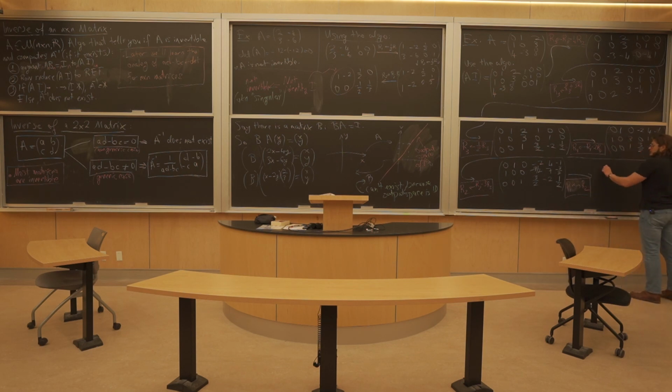To get this, 1, 0, 0, minus 9 over 2, 7, minus 3 over 2 is the first row now. Second row is 0, 1, 0, minus 2, 4, minus 1, and then 0, 0, 1, 3 over 2, minus